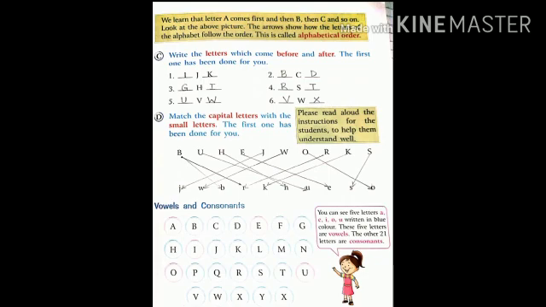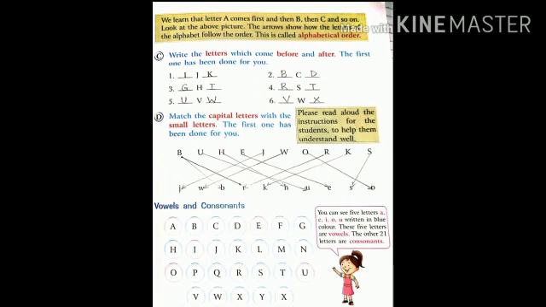The same letters we have to match. In the book, it has been written wrong. It has matched B with R. It is wrong. Just match the capital B with the small b. In the same way, capital U with the small letter u. Capital letter H, we will match with the small letter h. Capital letter E, we will match with the small letter e. Capital letter J, we have matched with the small letter j.